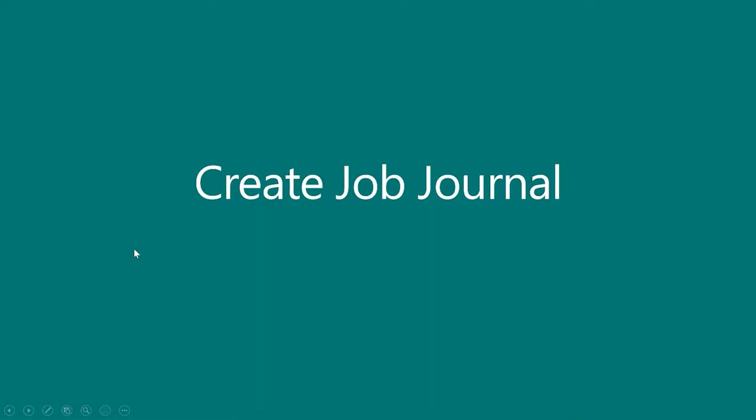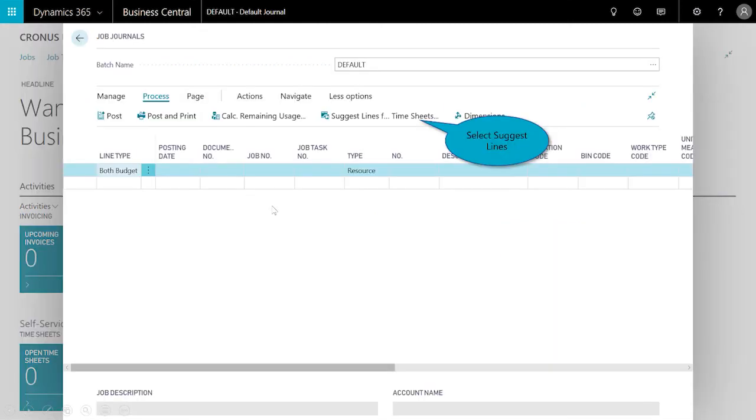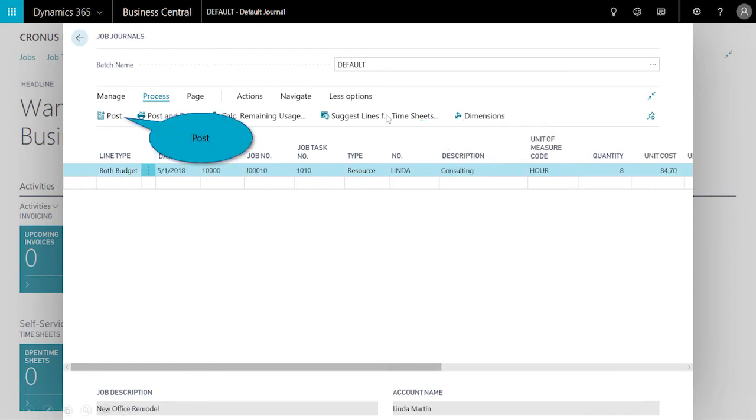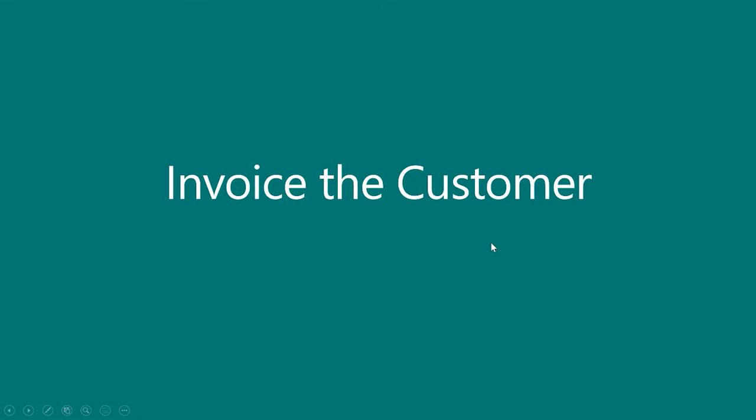And then the last thing would be, or the second last, excuse me, is to create that job journal. So here you can see, since the time has been submitted and approved, the project manager leverages the built-in capability of the application to auto-suggest lines from the timesheets. And now that consultant has been added, and then I can just go ahead and post, and then we'll just